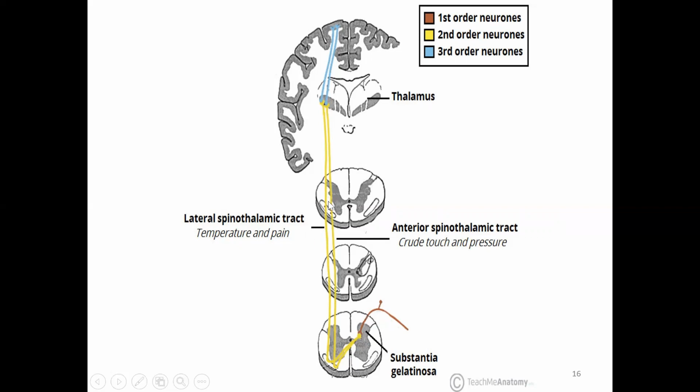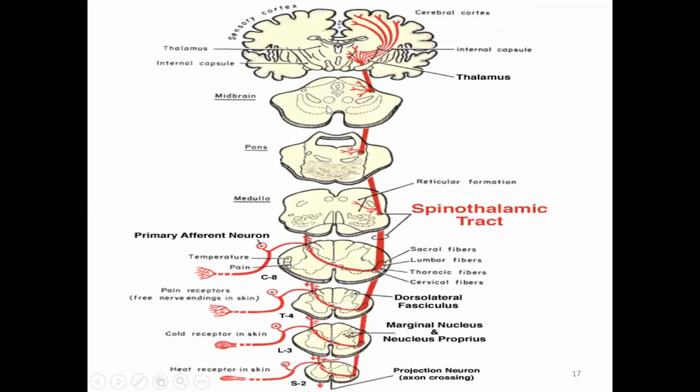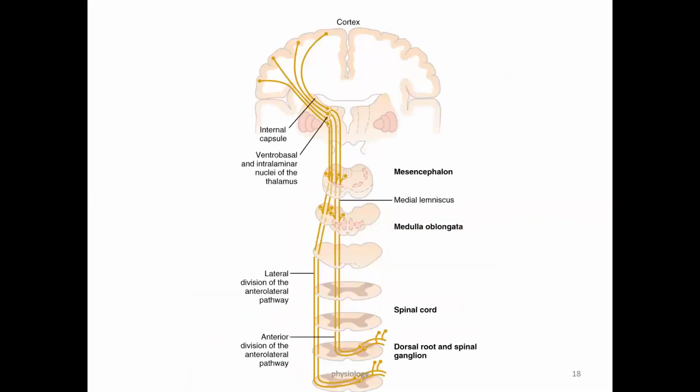While the slow pathway is mainly in the reticular group of nuclei, then hypothalamus, periaqueductal gray nuclei. These are the lateral spinothalamic tract. Again, the same with a different diagram: temperature sensation, pain sensation. And then you can see that all fibers get crossed in the spinal cord. All that is the anterolateral spinothalamic tract, and then they enter the thalamus, reticular group of nuclei, hypothalamus, and then to the somatosensory cortex.